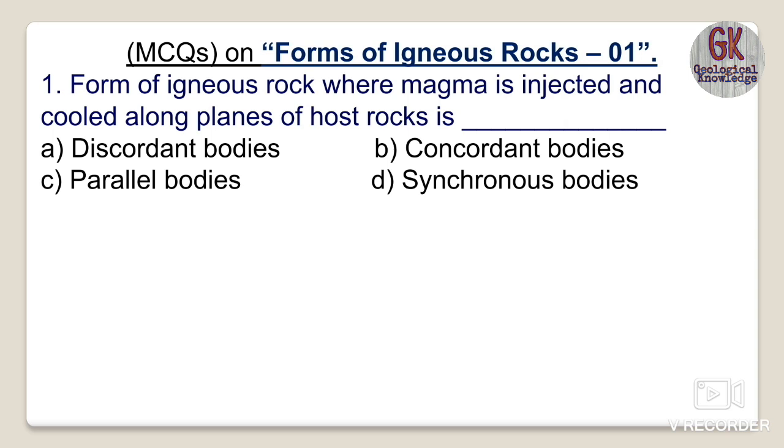Extrusive and intrusive, you all know: extrusive means out of the surface, the exterior of the earth, and intrusive means in the interior of the earth. The best example of extrusive igneous bodies is lava flows, especially basaltic lava flows. And another very significant type is intrusive igneous rock bodies.